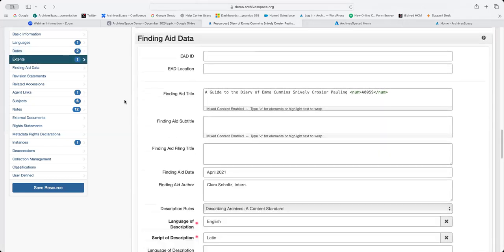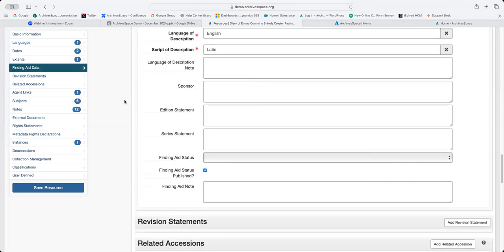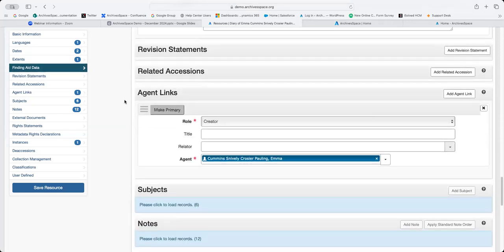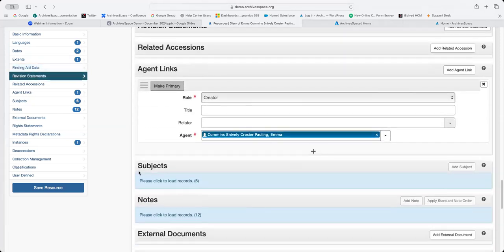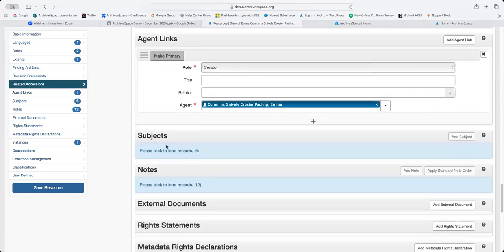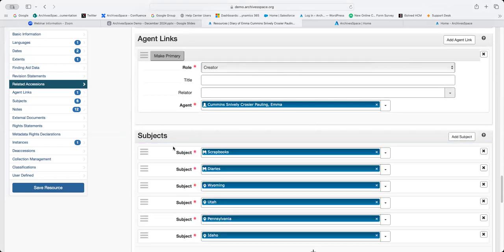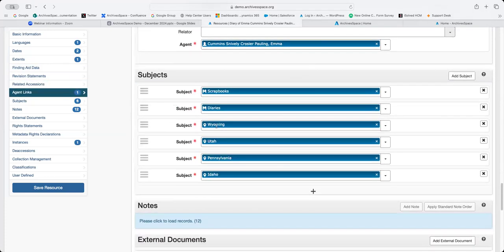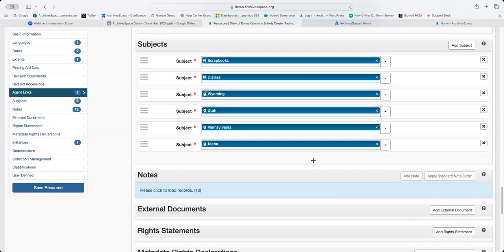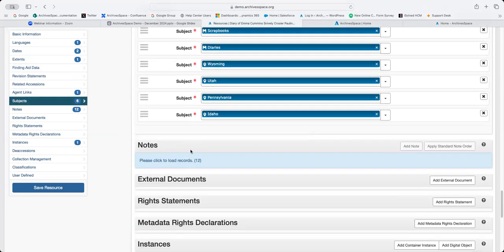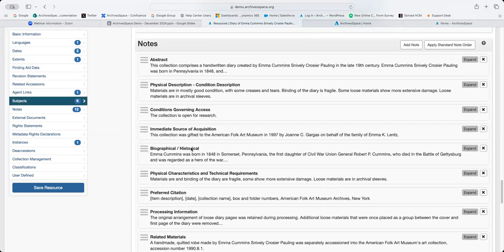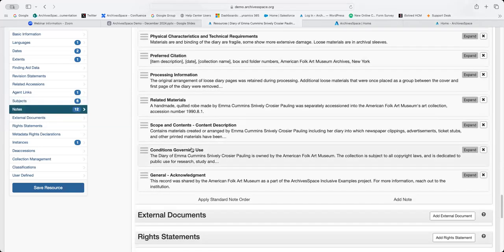So you'll see a lot more information can be described here than what is in an accession record. Again, this collection also has some linked agents, some linked subjects, and some linked notes. Notice here that anytime there's more than 5 of any one of these subrecords, ArchivesSpace automatically collapses them. It's just to help with functionality, but if you want to see what's there, you just have to click it. So you see there are 6 subject records that exist within this application that are linked to this collection. And there are 12 notes for this. So you can really get very granular and include as many notes as you need.